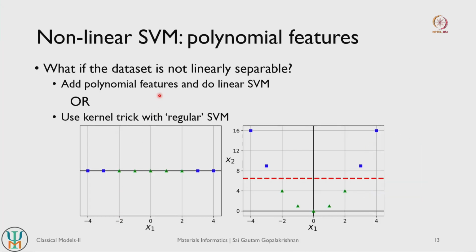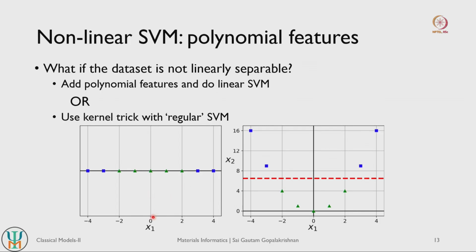Alright. So we have now looked at linear classification and linear regression with support vector machine. What if you have highly non-linear data, right? So let's take the example of data that looks like this. You have green data points that lie in the middle. This is varying with one feature called x1, so let's say this is some numerical feature. You have green data points here, and then the blue data points are on either side of the green data points, right. So this is not really a linearly separable data set.